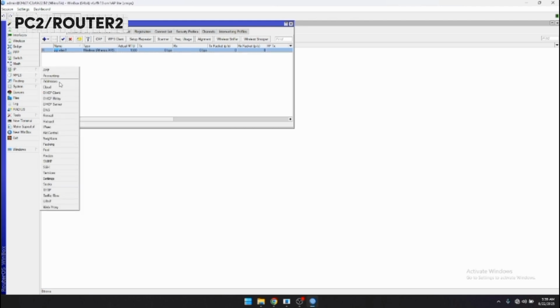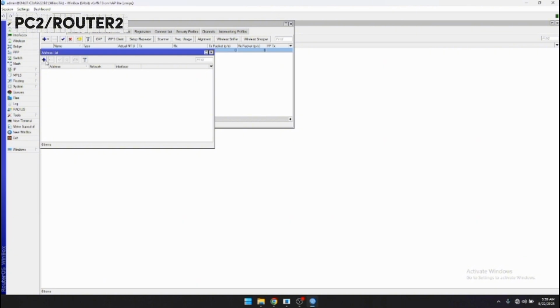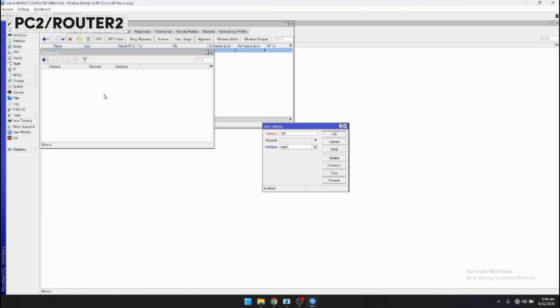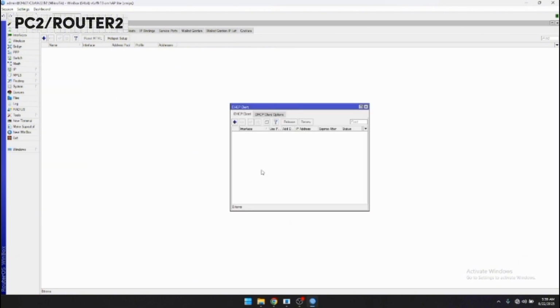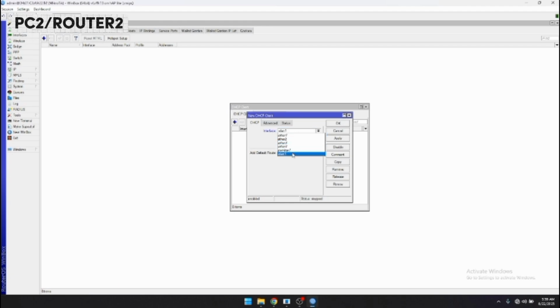After this you go to IP and add the IP address, on the interface WLAN 2 or Ether 2. After this you go to the DHCP client to get the IP client. Apply and okay.